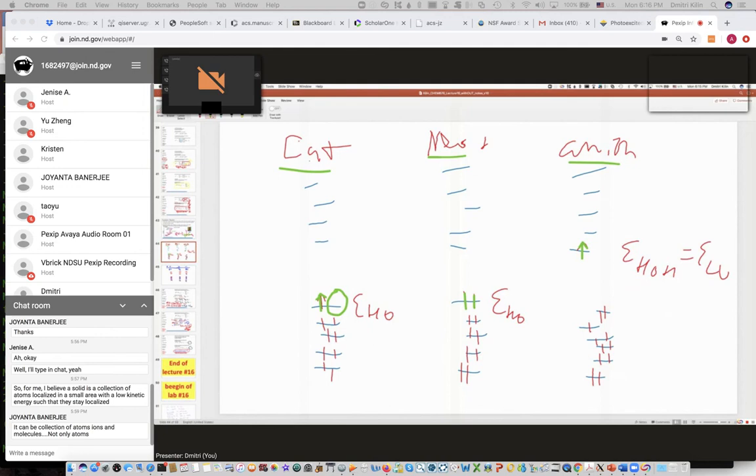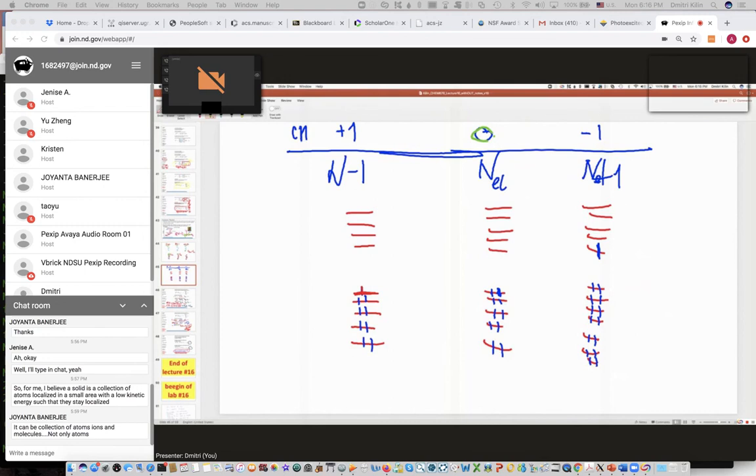So the number of additional electrons is 0, +1, -1, right? And we have an additional electron or lack of an electron. So if we